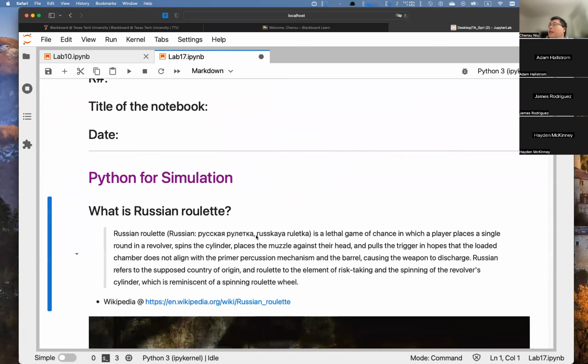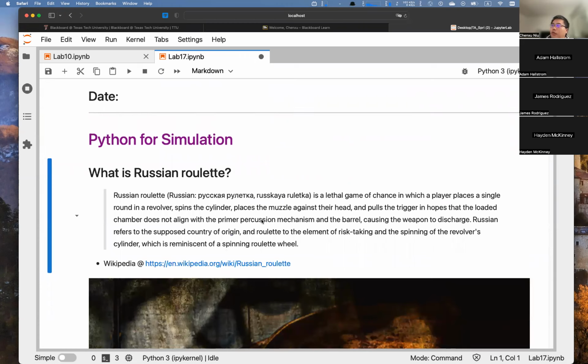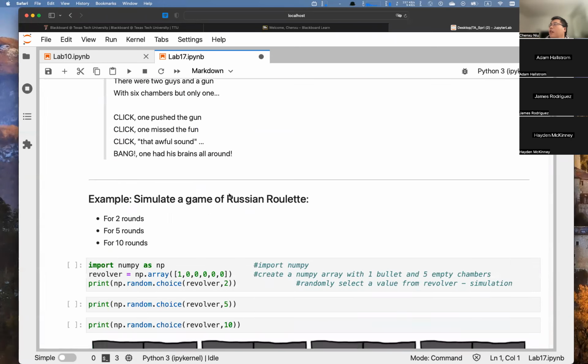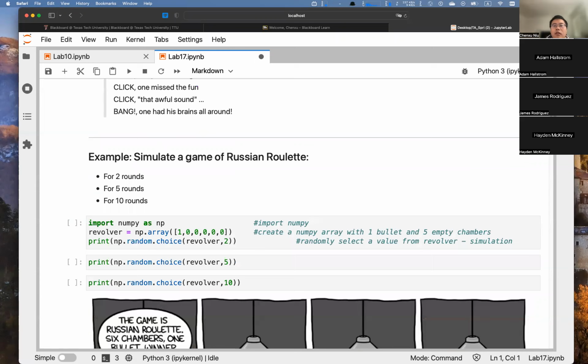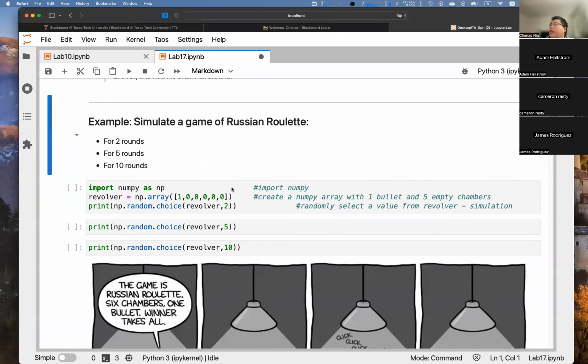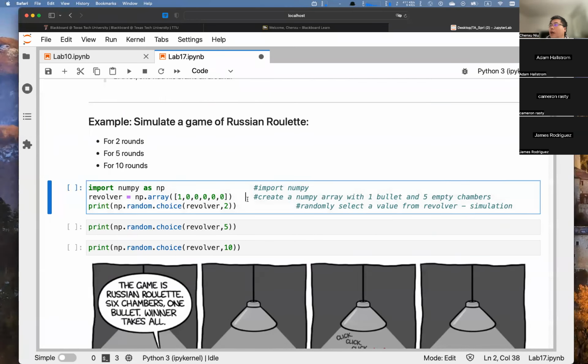All right. The first one is about how to simulate some games or some situations. The first example is about the Russian roulette. So Russian roulette is a little game of chance in which a player plays a single round in a revolver. So it's a dangerous game, right? So here we will learn how to simulate this game of Russian roulette for 2 rounds, 5 rounds, and 10